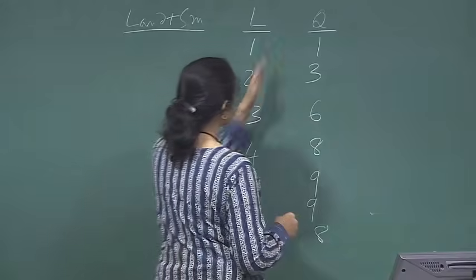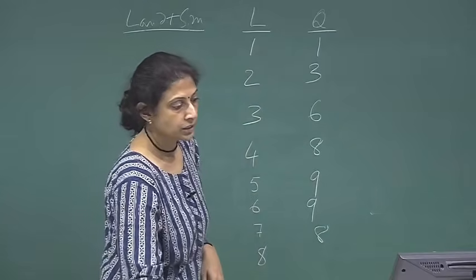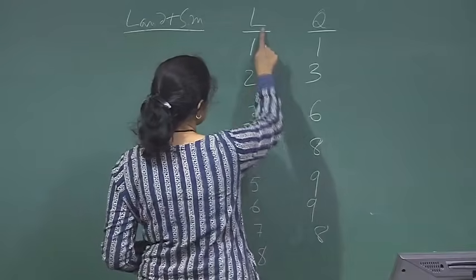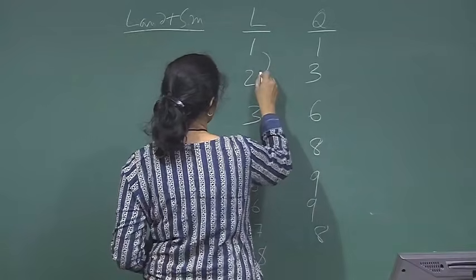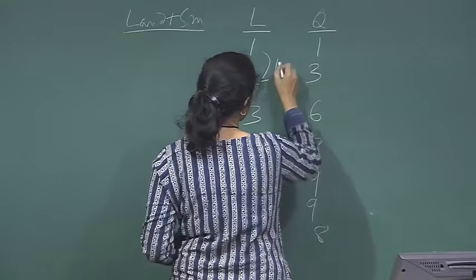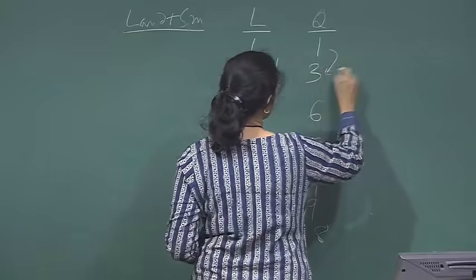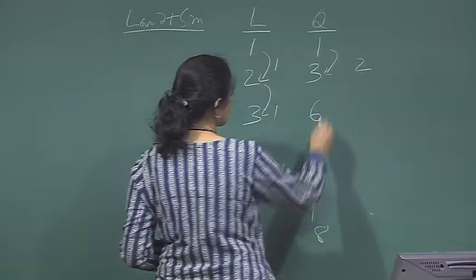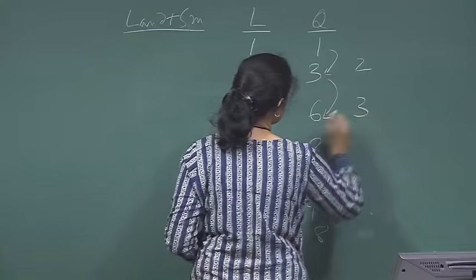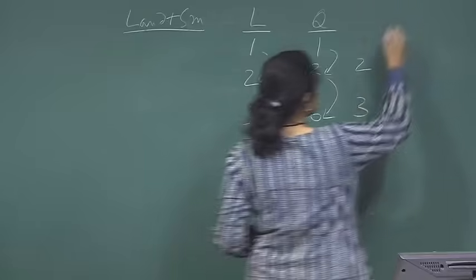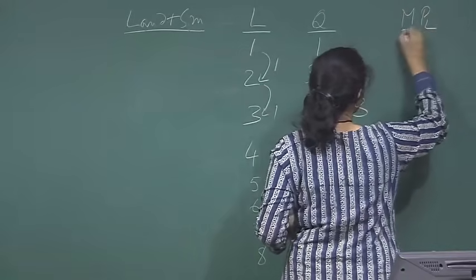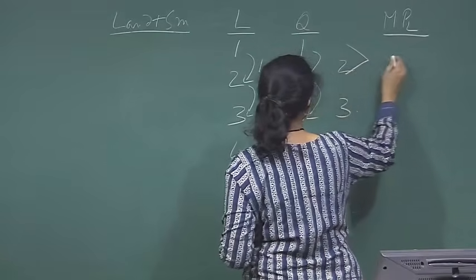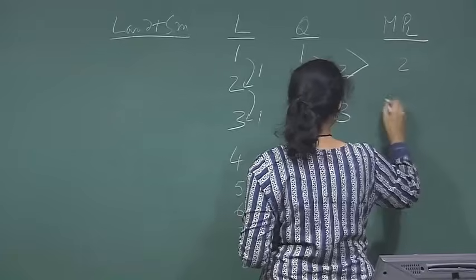Coming back to this example, what is the marginal product of any input? What is the marginal product of the first input? The first input that is added here, 1 unit of labor, and what is the increase in output? 2. Now here again 1 unit of labor is added, and the increased output is 3. So basically the marginal product of labor here is 2.